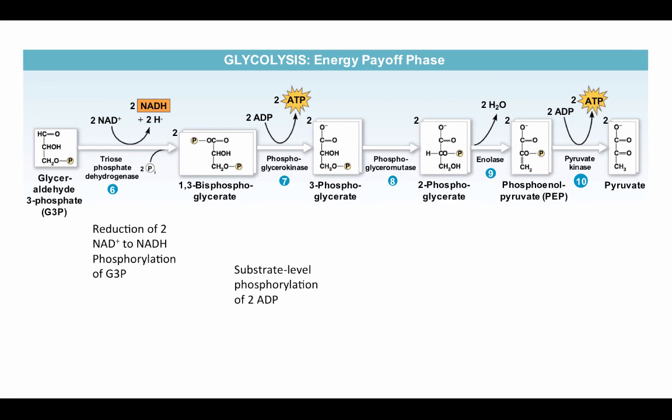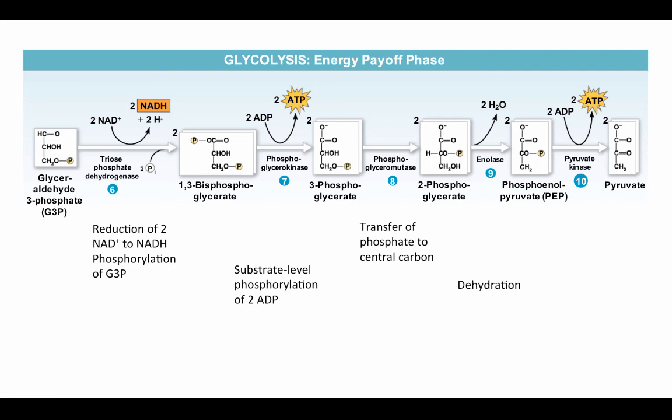And now that we've got these highly activated, high energy phosphorylated molecules, we're going to take those phosphates and do substrate level phosphorylation, transfer those phosphate groups to ADP to create 2 molecules of ATP. So we still have 1 phosphate group left on there. Remember, this is 2 molecules of this, and it's just 1 for each of those. It's going to phosphorylate ADP. We still have the phosphate, and basically in the next step, we're going to transfer that phosphate to the central